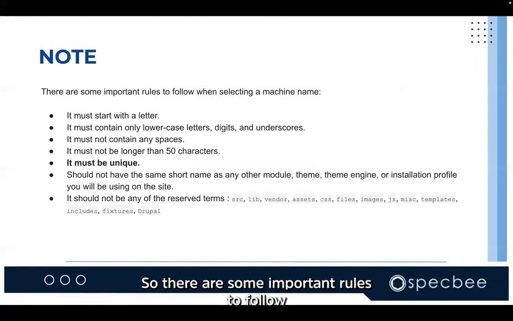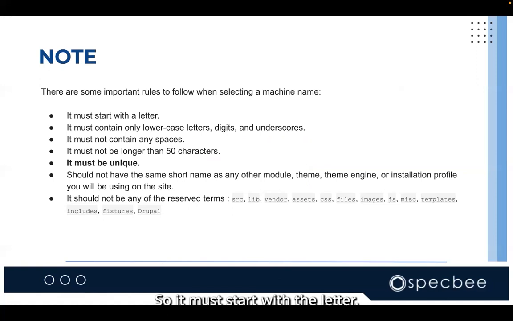So there are some important rules to follow when selecting a machine name for the module. It must start with a letter. It must contain only lowercase letters, digits and underscores. It must not contain any spaces. It must not be longer than 50 characters. It must be unique, which is very important. It should not have the same short name as any other module,